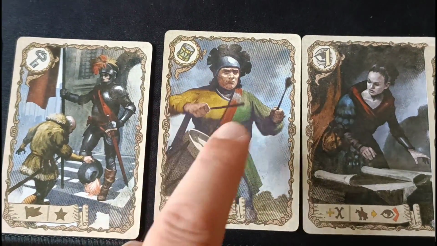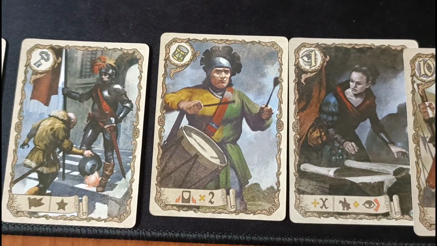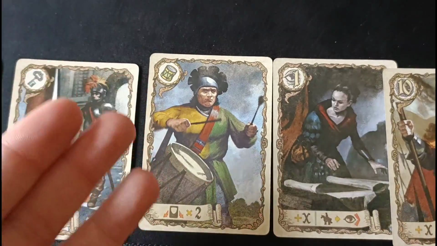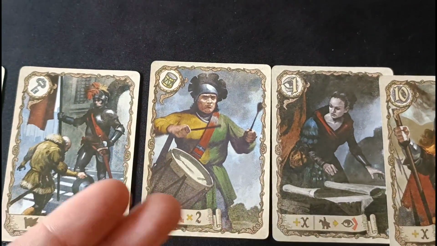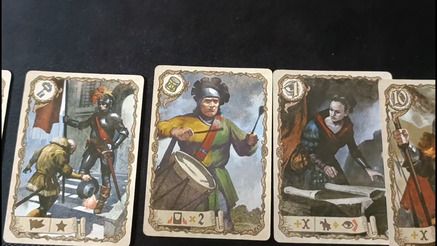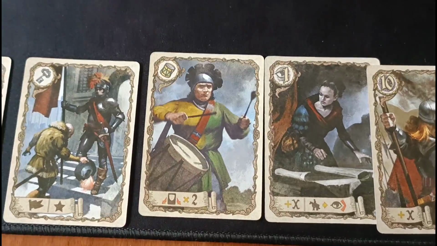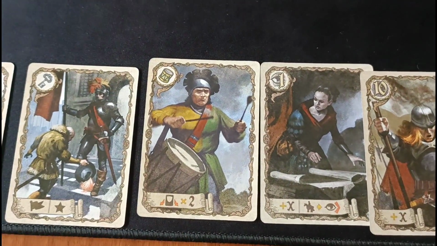The Drummer card here actually doubles the value of all the Mercenary cards that you've played in that fight. So this is like another good one to lure people into thinking they can win a fight against you. Maybe you've played some middling cards, they've played some higher cards down, they drop out of the fight, thinking they're still confident in winning the battle,